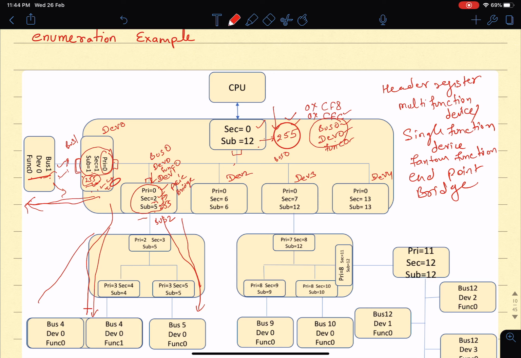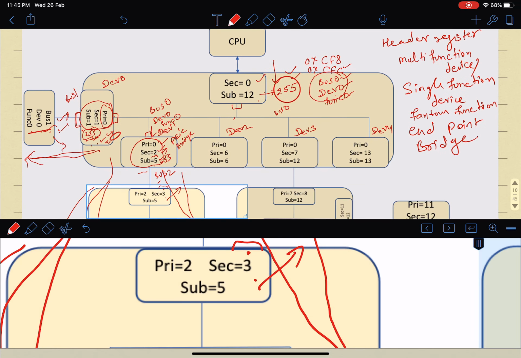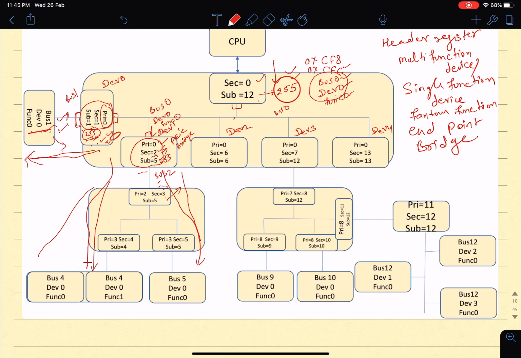Now the CPU will initiate a transaction on bus number 2 and function number 0. Again it will read the vendor ID. The vendor ID is not all 1s, which means some device is present. Then it will read its header register. In the header register it will check that this is not an endpoint, it's a bridge. After that it will also check whether it is a phantom function or multifunction device, and next it will configure that